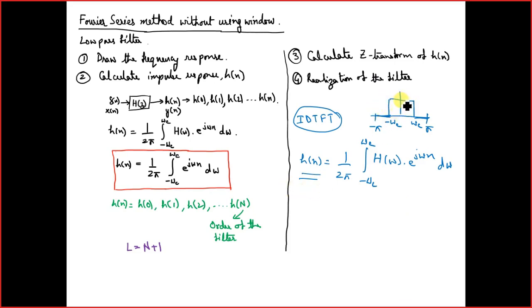It is giving you the amplitude values in the range of minus omega c to omega c, when we are talking about the frequency domain. Minus pi to pi, we know that in the region outside this we will have zero values. So there is no point in going for the integration within that region. We will narrow our limit to minus omega c to omega c. That's why we have limited this. We are interested in the amplitude responses within this minus omega c to omega c region.